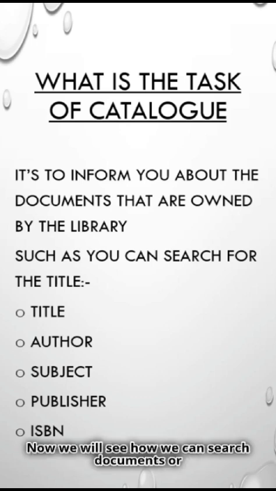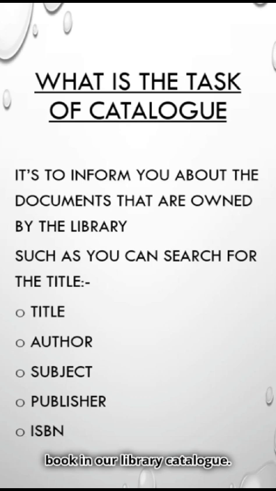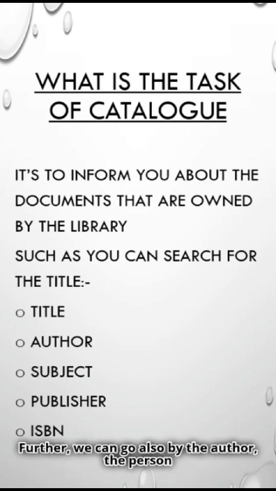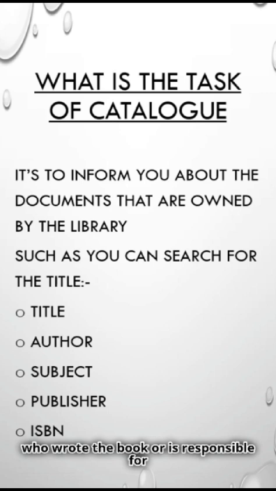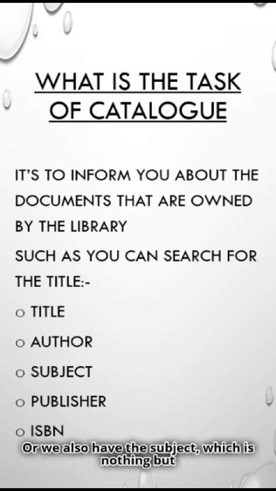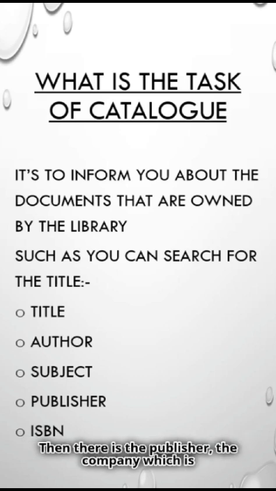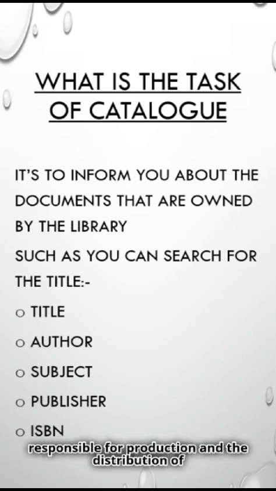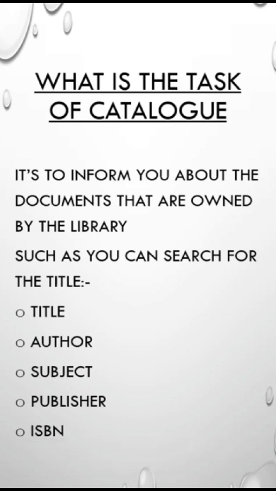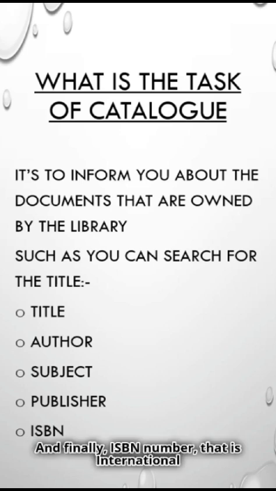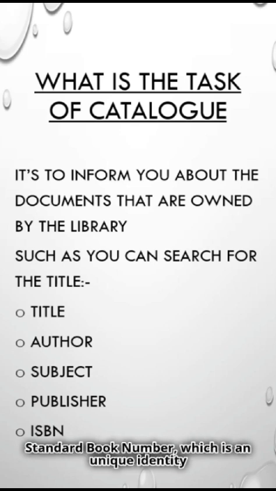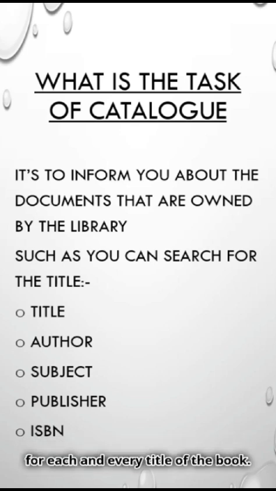Now we will see how we can search documents or books in our library catalog, such as by title. Title is basically the name of the book. Further, we can also go by the author, the person who wrote the book or is responsible for the resource. Or we also have the subject, which is nothing but the theme, area of study or topic of the book. Then there's the publisher, the company which is responsible for the production and the distribution of the book. And finally, ISBN number, that is International Standard Book Number, which is a unique identity for each and every title